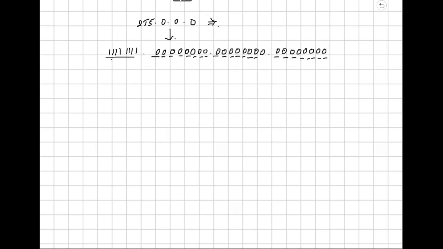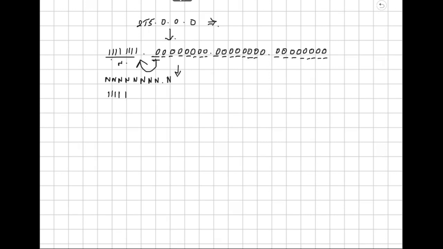So what we do is, from the leftmost part, we try to move each bit into the network portion. If I take this first bit and move it into the network portion, it will become like this. Dot.